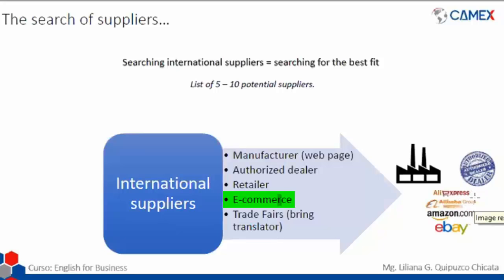AliExpress is for small quantities. Let's say you're not going to buy 100 units, but 10 units or 5 units of each product, AliExpress is a good option. And Amazon too, because you are going to be able to find quality products and original products. Remember that it is much harder to buy original products from AliExpress and Alibaba.